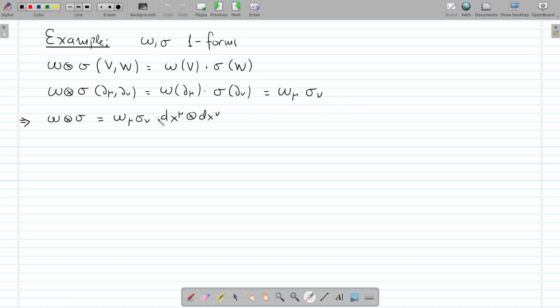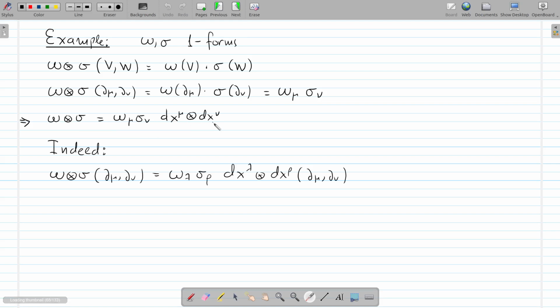And that means that we can write the tensor product as a linear combination of the tensor product of the dual basis, dx mu times dx nu. So let's see why this is true. If we take this equation that we want to prove and see how the (0,2) tensor on the left-hand side and the (0,2) tensor on the right-hand side act on the pair d mu, d nu,